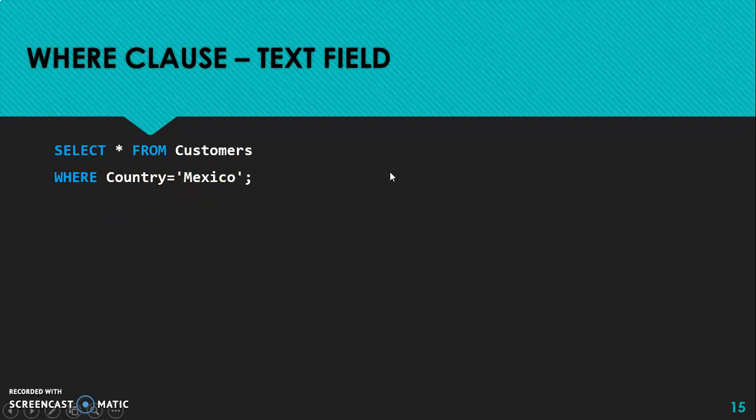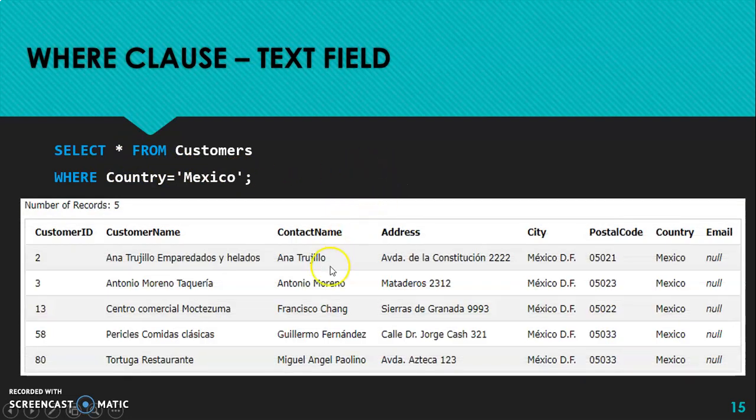When I execute this query, this is the result: a total of 5 records. You can see different customer IDs, but because my condition is country equal to Mexico, all the countries show Mexico.